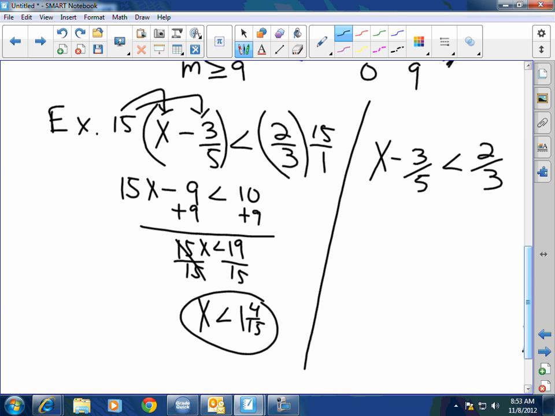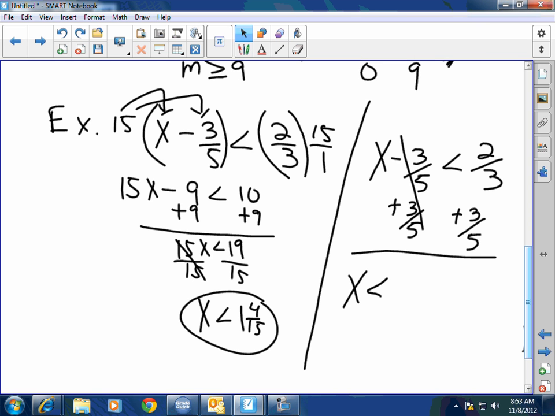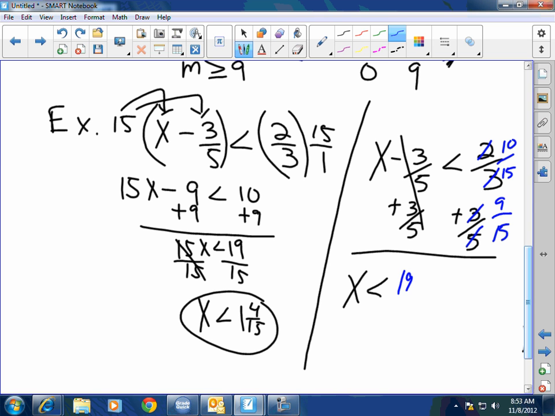Yes, sir. That's exactly right. Thank you, son. You're going to get x alone, so you add 3/5 to both sides. Now, x is going to be less than, what are the common denominators here? 15, right? So doesn't that go to a 15, and then that goes to a 10? And doesn't that go to a 15, and that go to a 9? Then you add the numerators, keep the denominator the same, so that'd be 19/15, which still equals 1